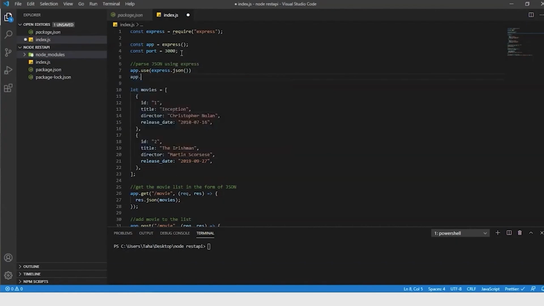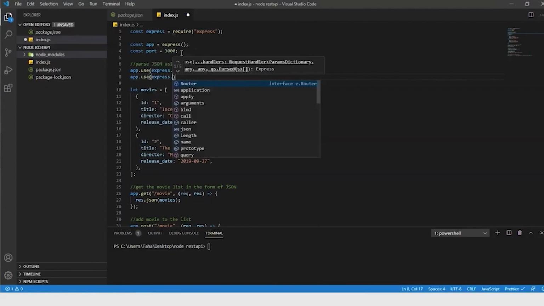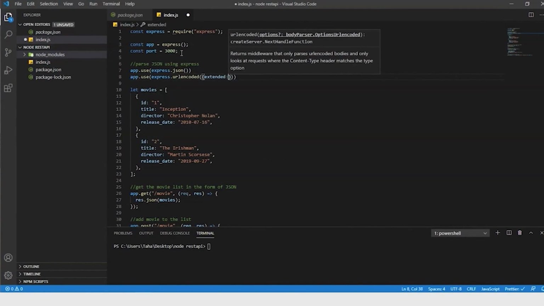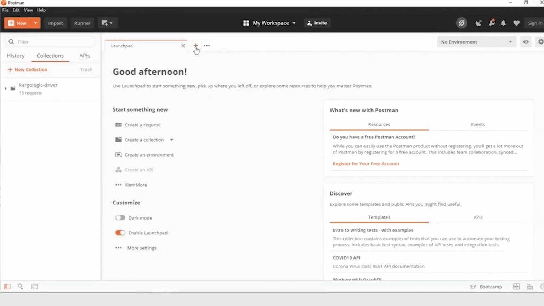So app.use Express.js, Express URL encoded, extended false. And this should help us pass our value. And then we'll rerun that script. Make sure you save the previous file, otherwise it won't run the new script. All right, looking good. So let's go back and